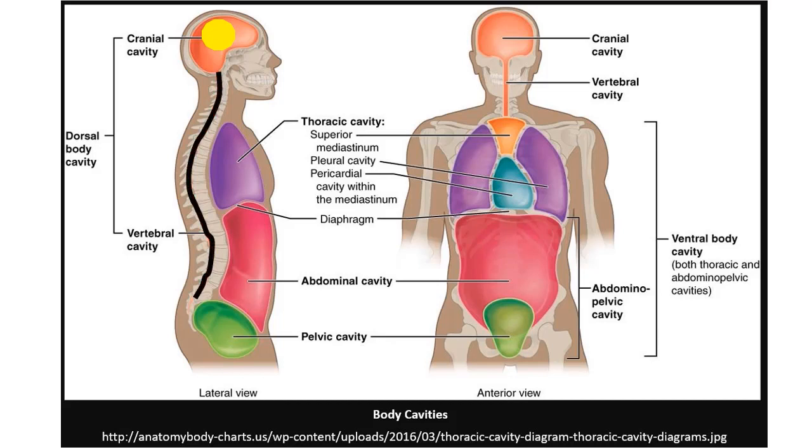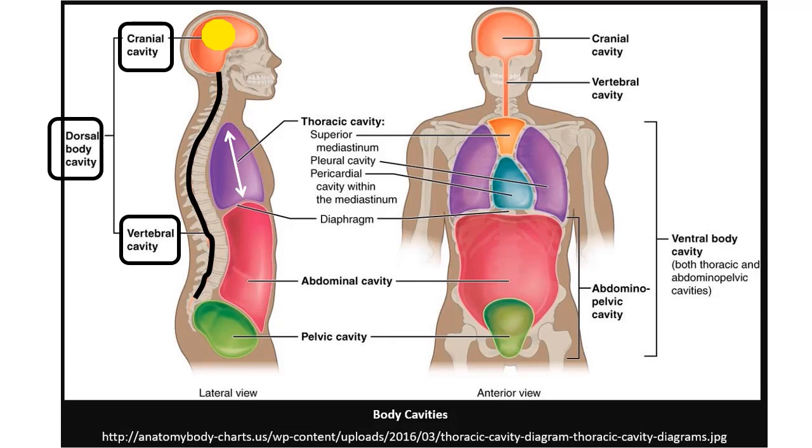Then the vertebral cavity where the spinal cord is, and it is protected by the vertebral column. So the cranial cavity and the vertebral cavity are on the dorsal side of the body, that is the posterior side